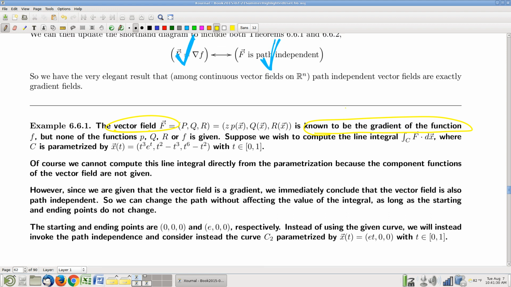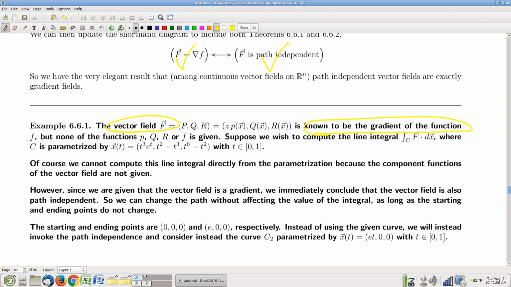I wanted to be able to use path independence. That means that what I write down has to be a gradient, and that means I could just use the fundamental theorem of line integrals, right? And students always want to know, why do we need path independence? Path independence automatically tells you have a gradient. That means that you automatically know that you can find an anti-gradient, and that means you can just plug into